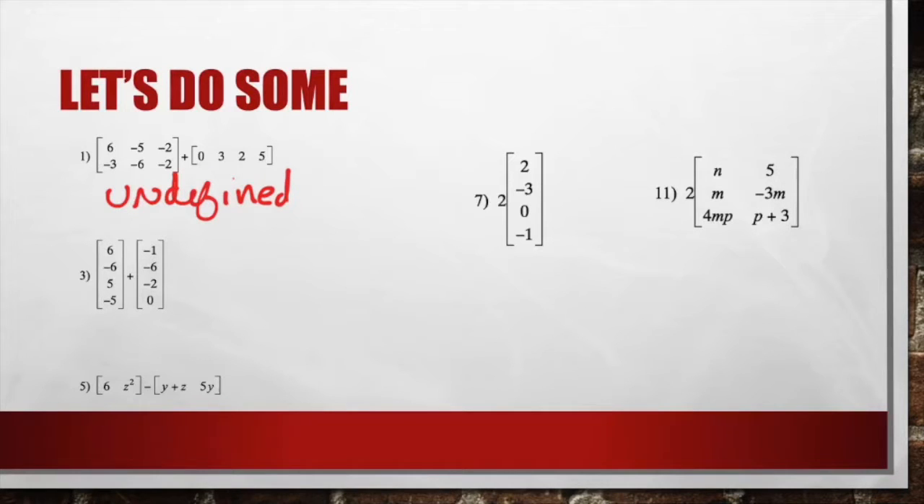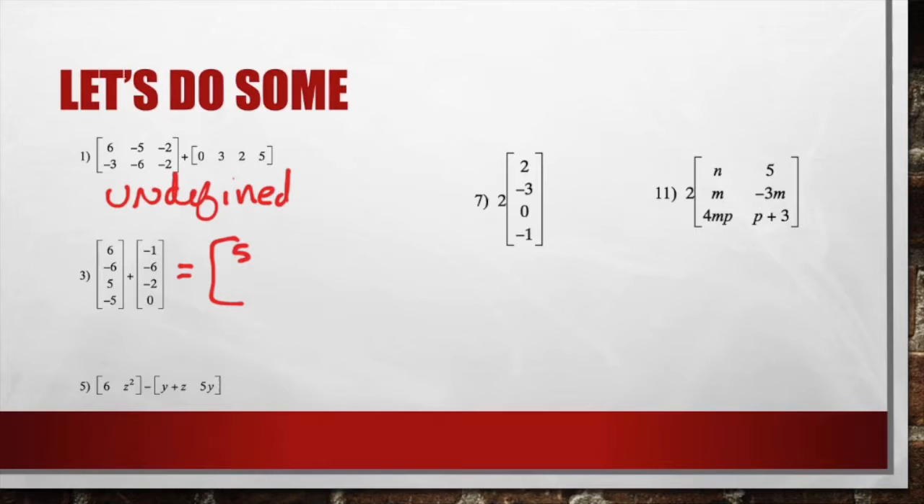Let's do number 3. Number 3, this is a 4 by 1 and a 4 by 1. So these are equal, so we can add them. All right, so we're going to add these two together, and we'll get